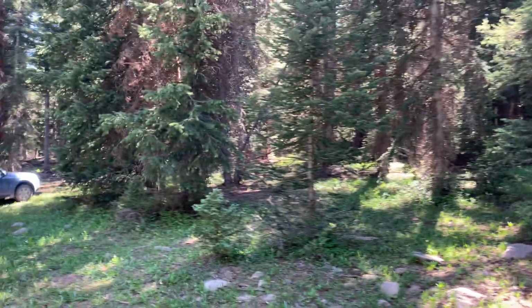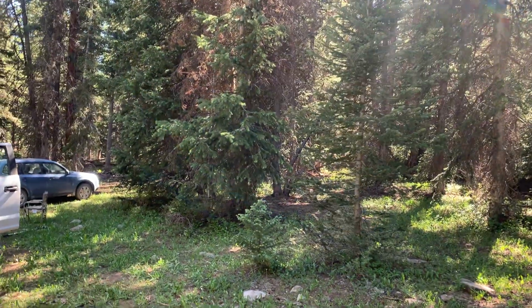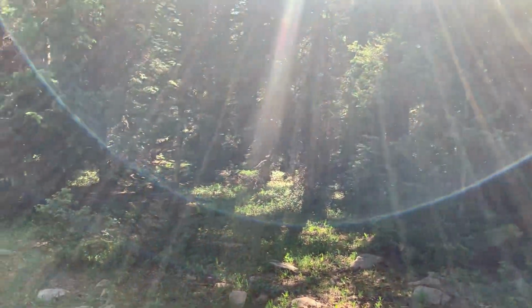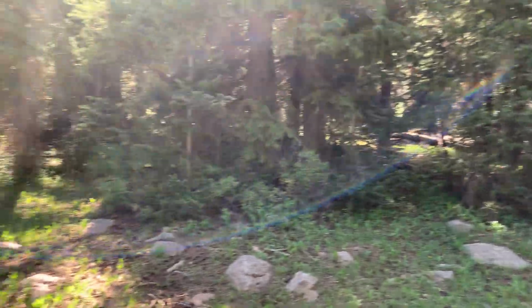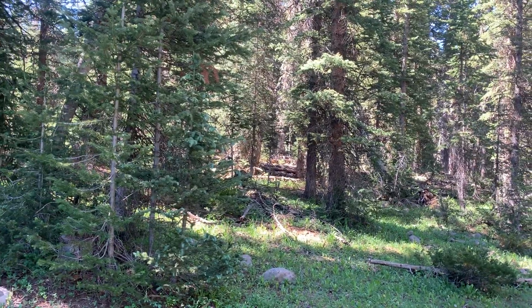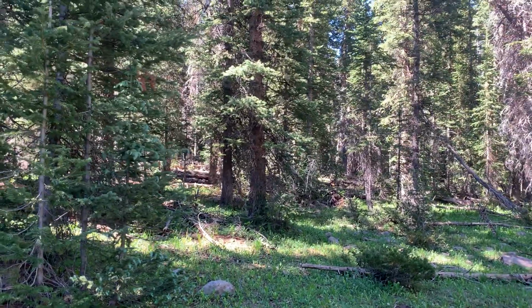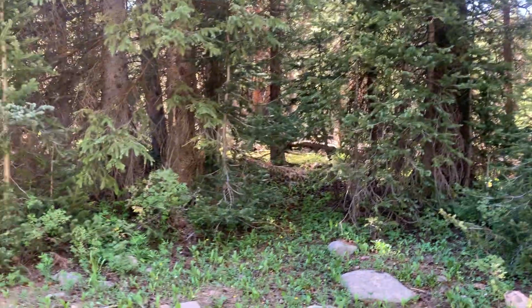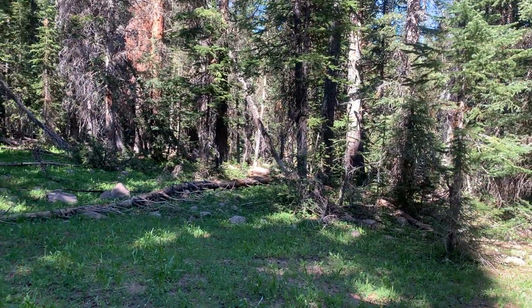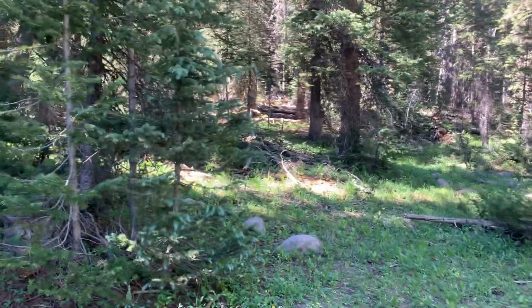And here, I should just say the alpine coniferous forest is marked by a fewer number of species of trees, but a more dense treed area. So there's more trees, but there's fewer species of trees. I see maybe 3 species of trees and maybe only 2. The 2 that I see are